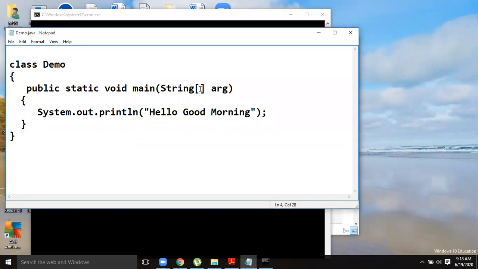For this array purpose, we use this symbol, string array of arguments. As many as you give, 2, 1, 3, one after another will be given by separating them with spaces. I will show you. That is why we write it as String args or arg.